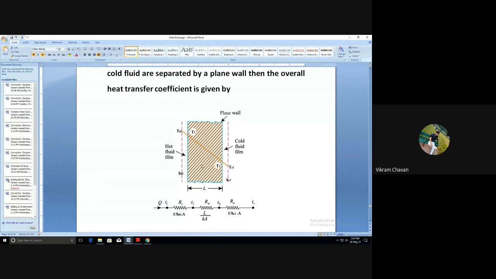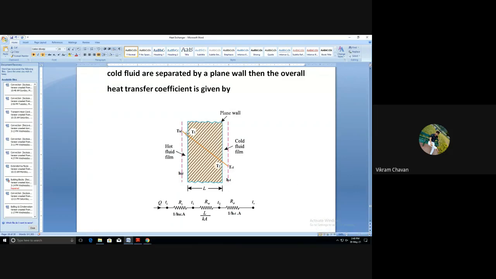Two fluids are separated by the wall. Okay. So one fluid is having the temperature of T suffix HF, that is the hot fluid temperature, and that particular fluid is also having the heat transfer coefficient as h suffix HF. Now, first the heat will transfer to this particular wall, okay, and the wall one side temperature is T1, and the heat will flow through the wall by conduction mode, and then the heat will transfer from the other surface of the wall to the other fluid, whereas the other fluid is maintained at T suffix CF temperature and having the heat transfer coefficient as h suffix CF.